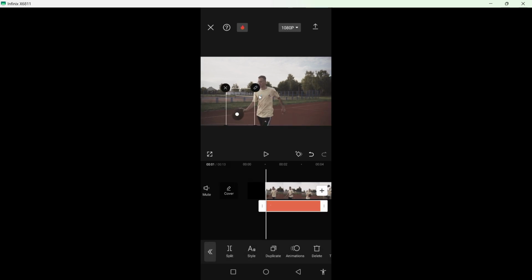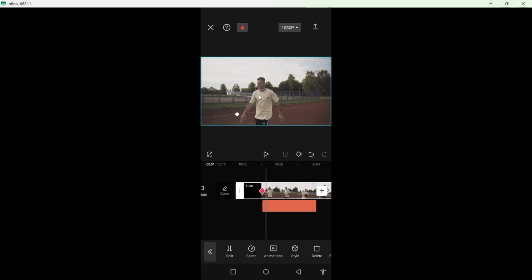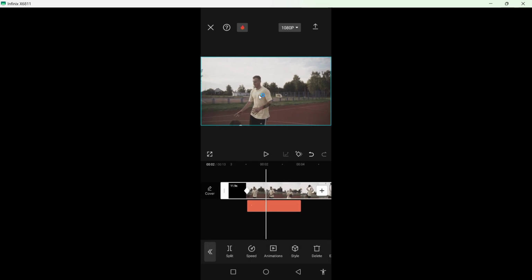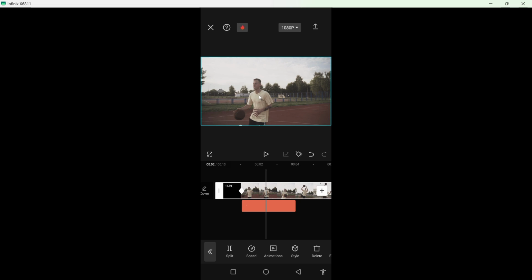Okay, and add here a keyframe, and now you need to move that dot down like this. Here you can see that it is moving up. Select this one, add keyframe here,